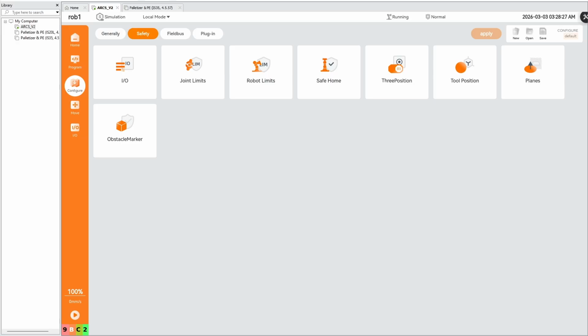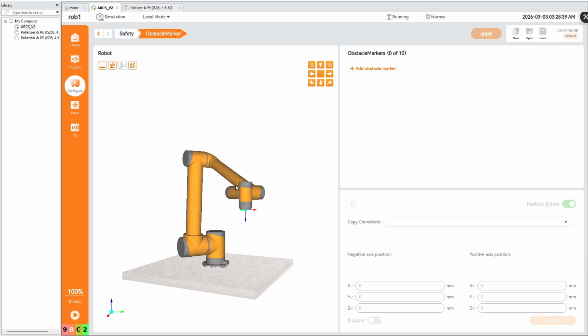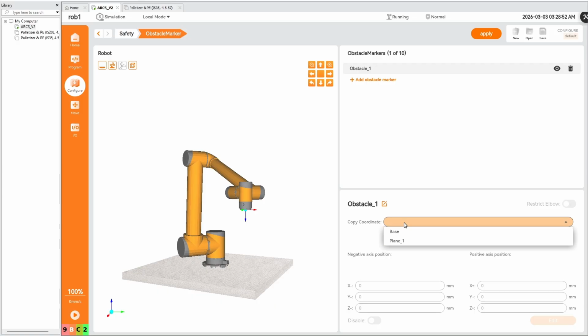In this video, we're gonna cover how to add obstacles in your robot environment. That's going to configure safety and obstacle marker. And here, you can add up to 10 obstacles. For each obstacle, you can choose to hide or show, and then you can rename the obstacle. We'll have to copy a coordinate, and in cases that you already have your workpiece